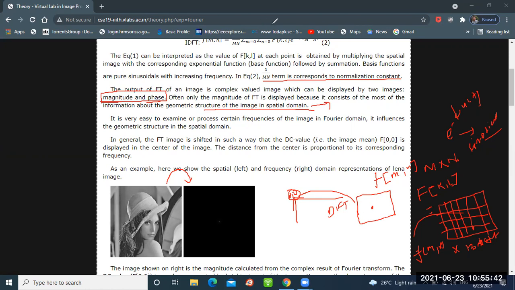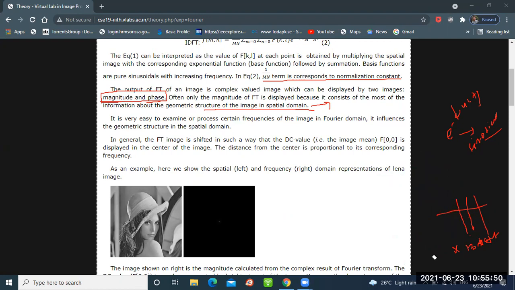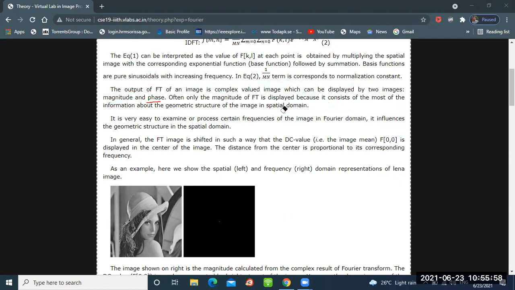Okay, so here is an example. Let us understand with an example so it is further clear. This is a very popular picture for image processing. The name of the image is Lena's image. Most of the time we use this image for image processing. This is a very popular picture.